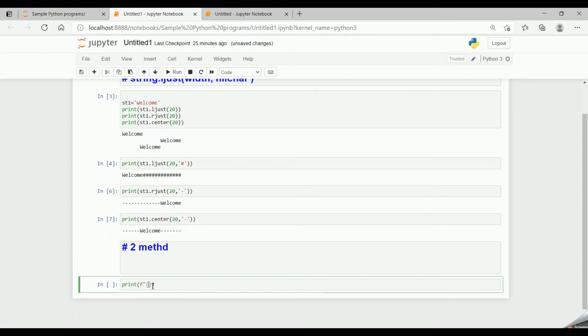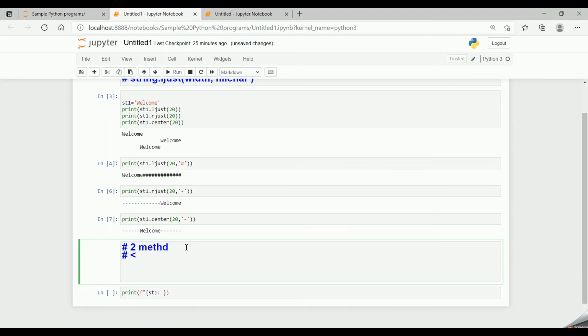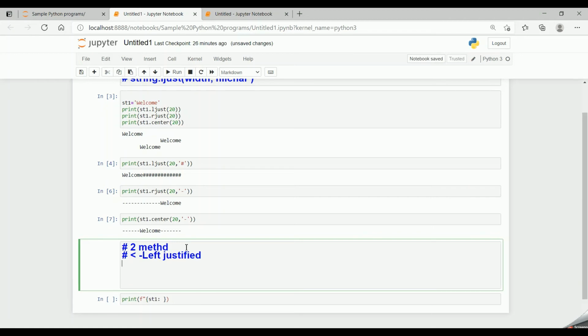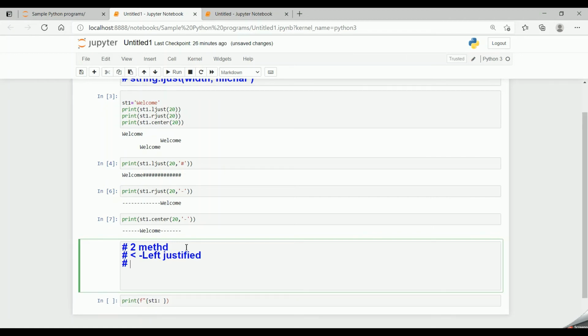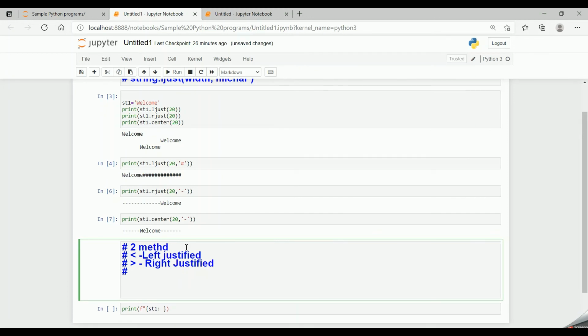Within braces you mention the string, that is st1, colon. For left justified the symbol is the lesser than sign. For right justified it is the greater than sign. And if it is the exponential symbol, then it is center justified.